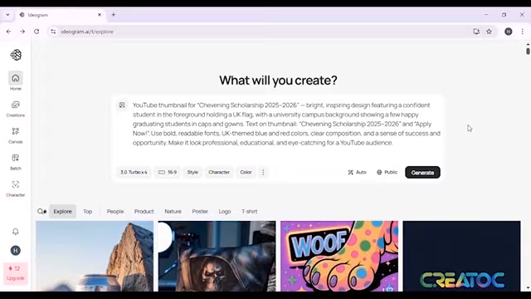The background should be some group of graduating students, happy graduating students, standing in front of a university environment. Use bold letters or bold fonts to write the Chevening Scholarship. Just make it normal, just normal language, and Ideogram will be able to catch it and be able to generate